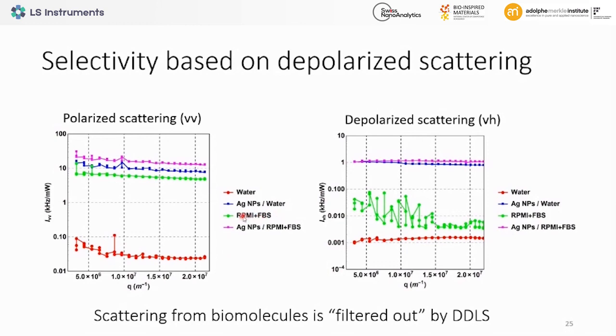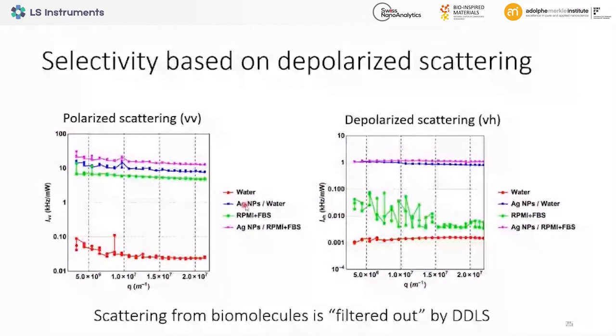Usually the supplement is 10% NES, the way I remember correctly. Anyway, and then what we can see here. So this is standard scattering. It means we measure VV, polarizer aligned parallel to the laser. It means that we expect to see scattering from the proteins. And indeed, you can see the scattering from the proteins, which is indicated by this green line, is nearly as strong as scattering from the particles. Okay? So it means that the scattering here has contribution from this part,